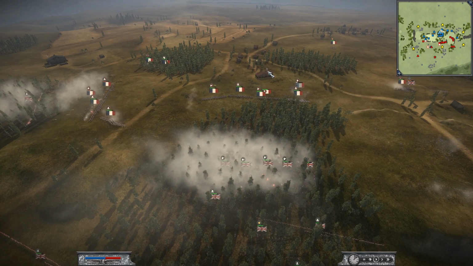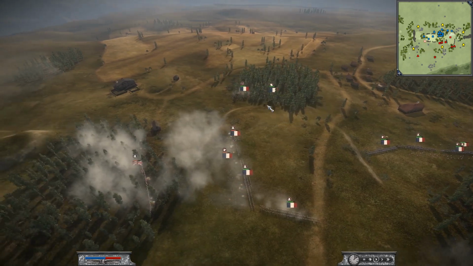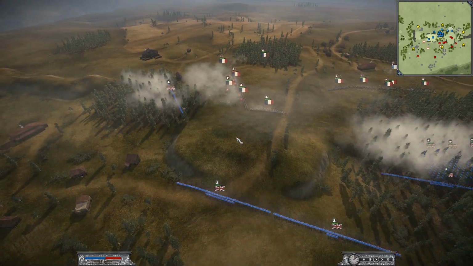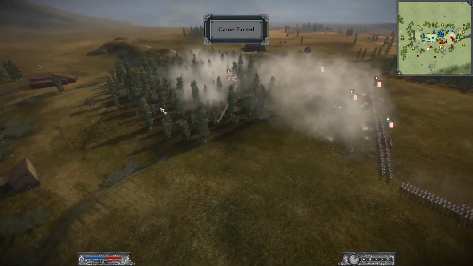No, he did try to bring the guys from the building in. Oh look, he actually had two. He had a cav hidden here too. So yeah, he is charging this unit, but he's not gonna capitalize on it too much. Honestly, what he probably wants to do...